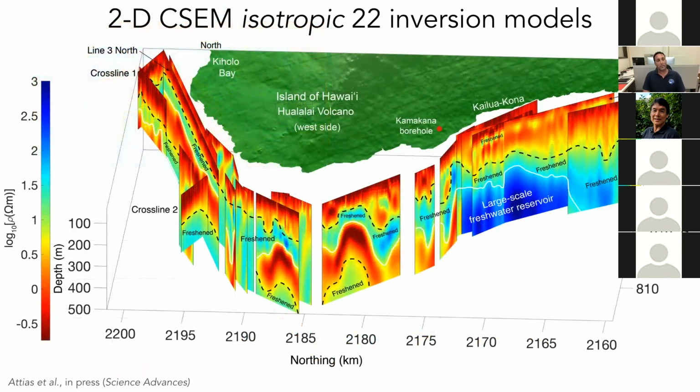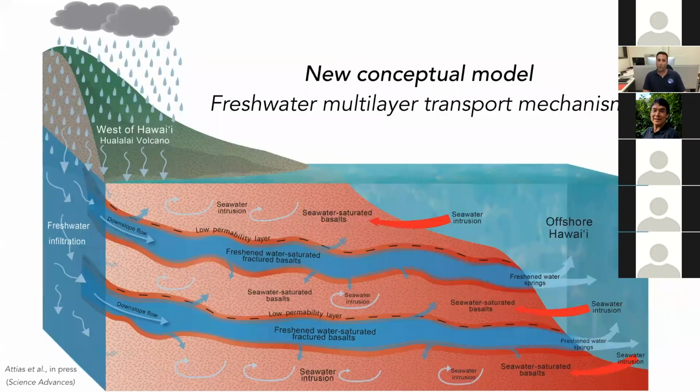So coming back to show you that entire multi-layer system of that region that we discovered. Based on that, we constructed a new conceptual model of how freshwater is transported offshore the Big Island on the west side. So this is our new conceptual model that basically shows that rainfall water percolates and recharges the aquifer,